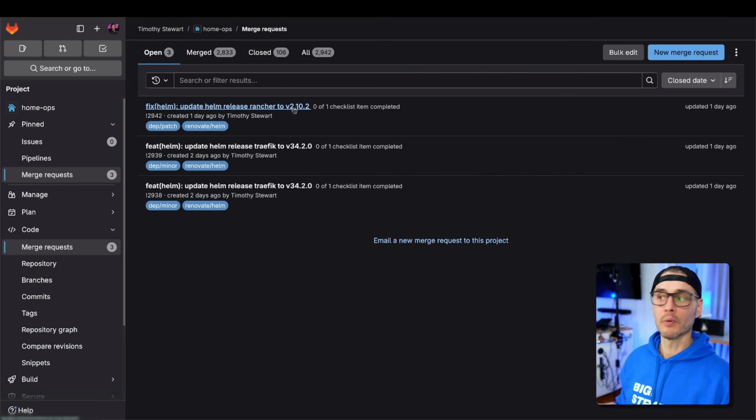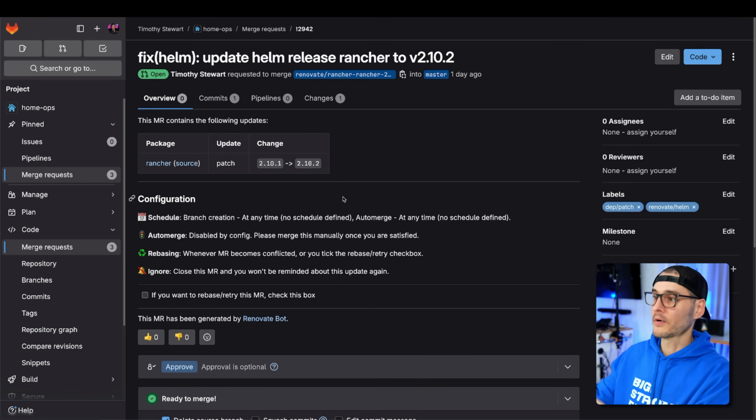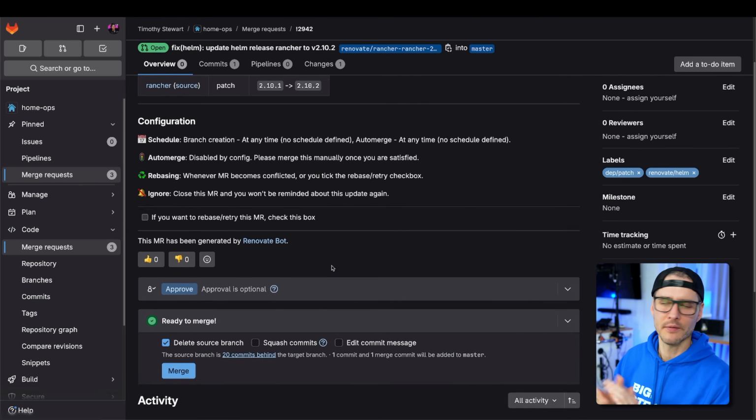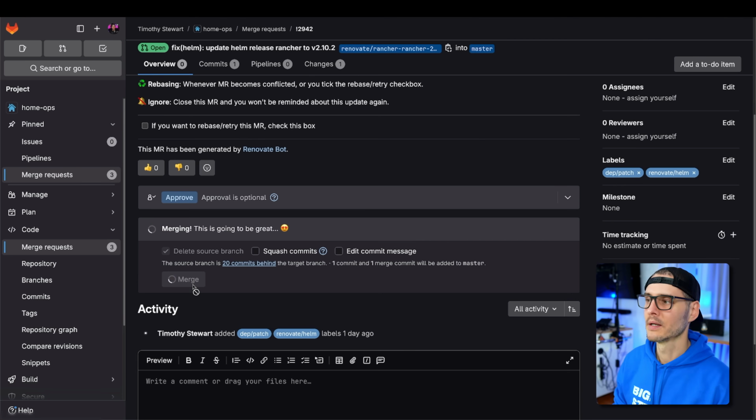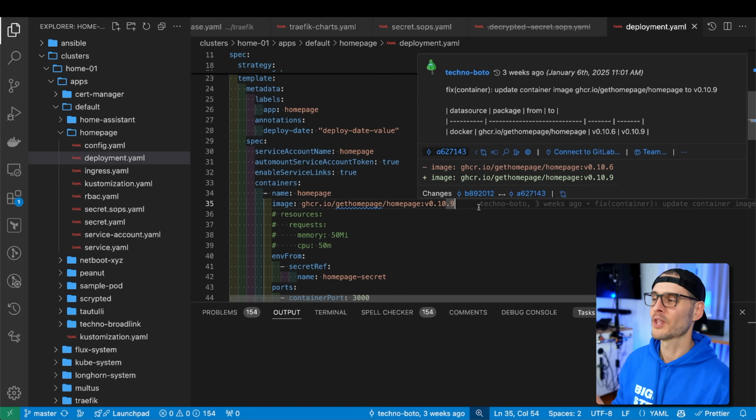I wait for pull requests from a bot that shows me not only the version, but also some of the differences, if there are differences in the change log. Then I get to decide whether I want to update it or not. I do that all from a mobile device or web page, just saying, yes, approve. A couple of minutes later, I get the latest version of the container. So it's another reason why I love GitOps, but I use Renovate to do that.